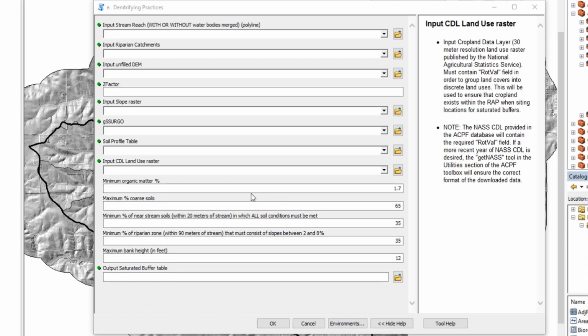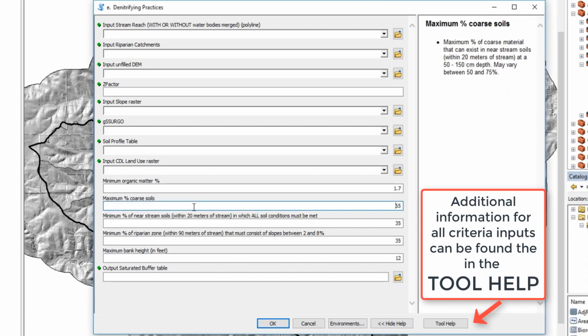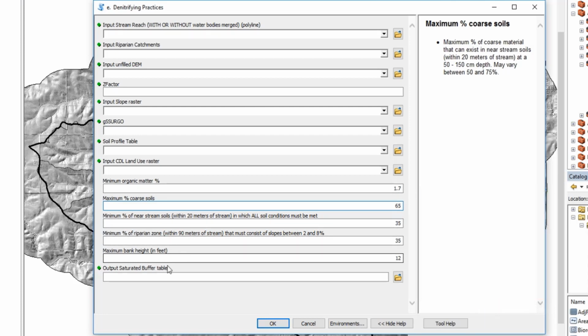We then need to set a minimum organic matter percentage, a maximum percentage of coarse soils, a minimum percent of near stream soils in which all soil conditions have been met, and a minimum percent of riparian zone that must consist of slopes between 2 and 8%, and then set a maximum bank height. All of these last inputs are going to be based within at least that 90-meter riparian zone.